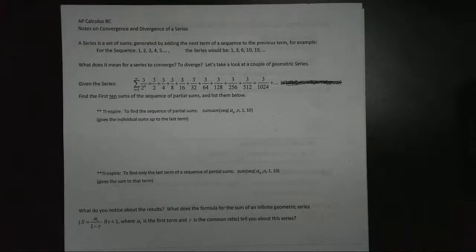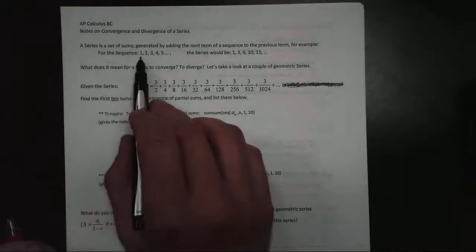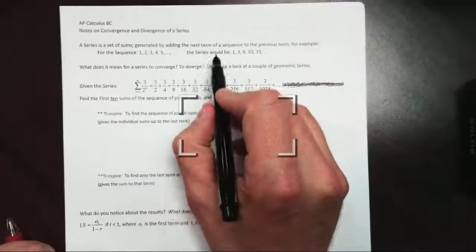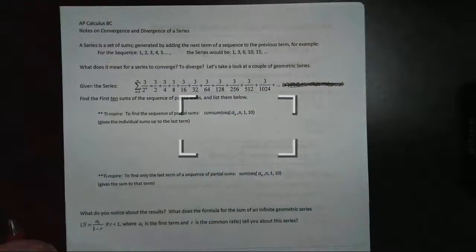Today we're going to talk a little bit more about convergence and divergence of a series, specifically geometric and what we call nth term. Now we talked yesterday about what a sequence is. A sequence is just a list of numbers, 1, 2, 3, 4, 5. A series is the sum of those numbers. For example, we would take the sum